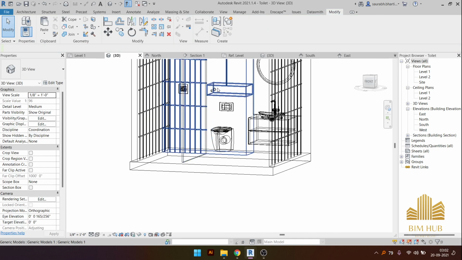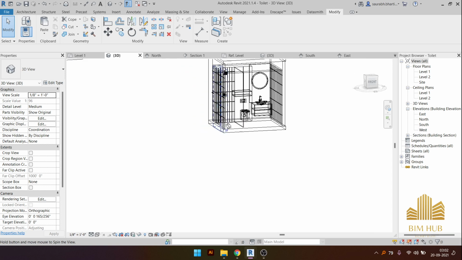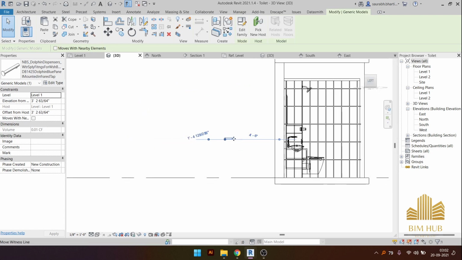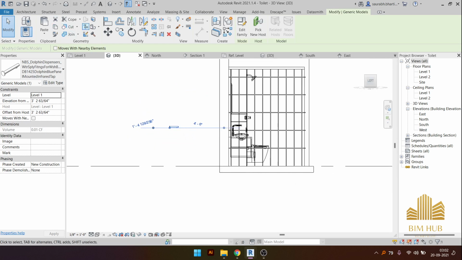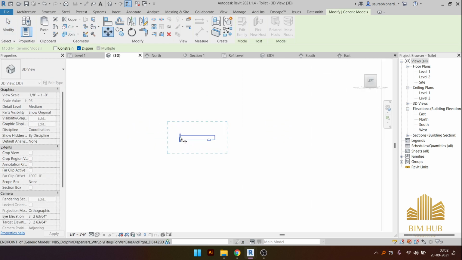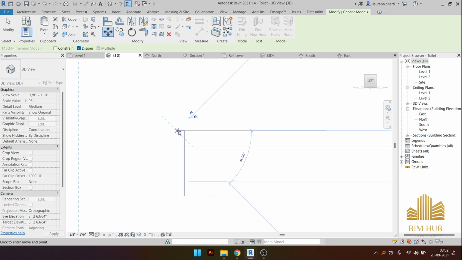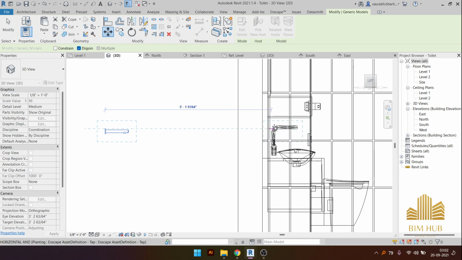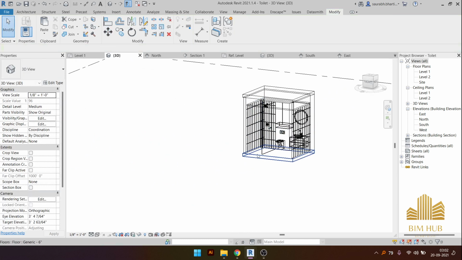Go to 3D view. As you can see, this has not been placed on the right instance, so again select the move button, select the top of it, and let me provide it somewhere over here. Go to 3D view,